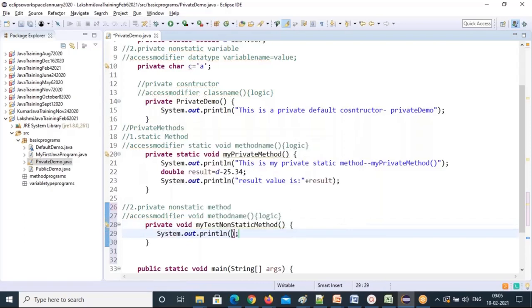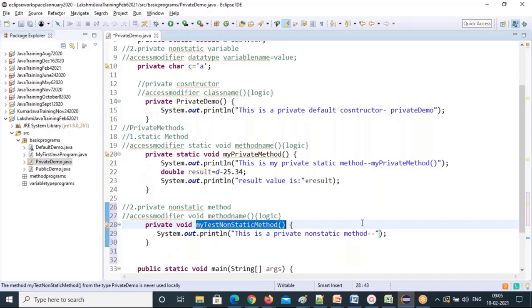In a class, every word's first letter is capital, but in a method, the first word is all lowercase, second word onwards each word's first letter is capital. So this is a private non-static method, and just give the method name.